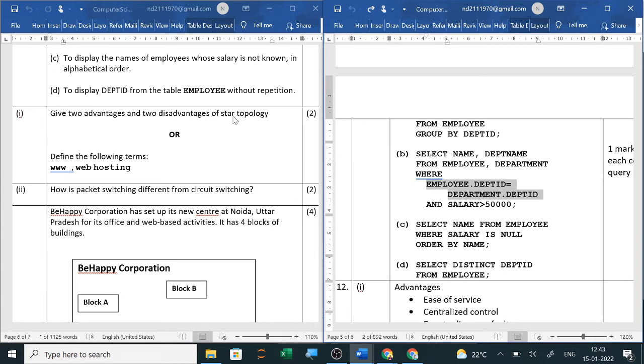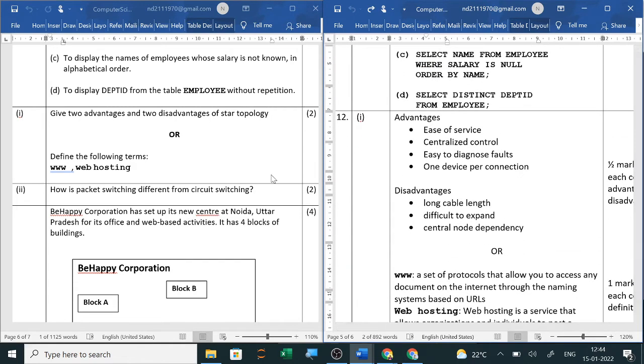Already you have done that, star topology. Centralized control, server is in the middle, very easy to extend. Now disadvantage will be if the server fails, then the complete system will fail, and if the server is having problems, then only it is showing the problems, and the wire length is too long. In bus topology the wire length is short.